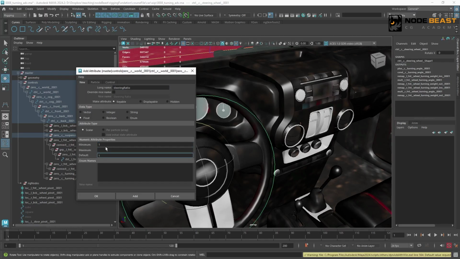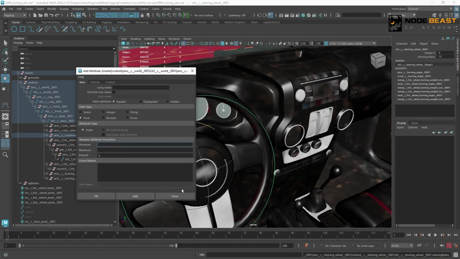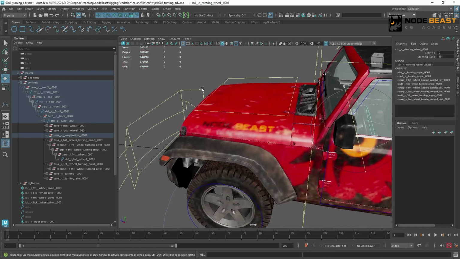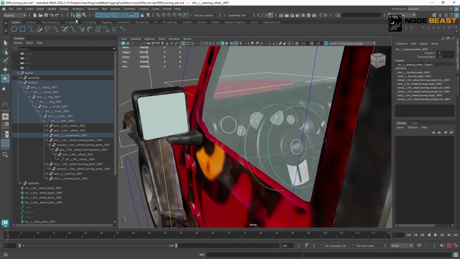It doesn't matter. If we are very particular about this, we can set 1. Like I just said, the range for a passenger car is about 12 to 20. So we could set a minimum of 12 and a maximum of 20. I'll set the default to 15 here, picking a value in the middle. Then let's add it. Next, we need to adjust the proportional relationship between the steering wheel and the turning angle.